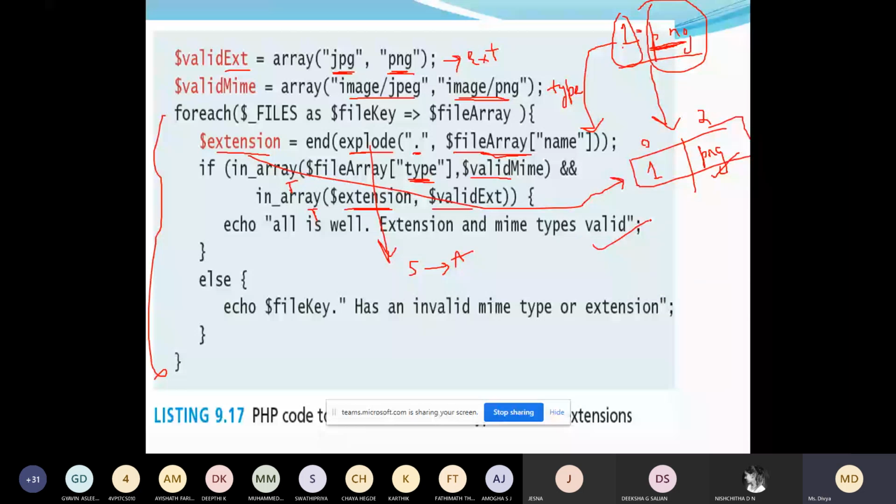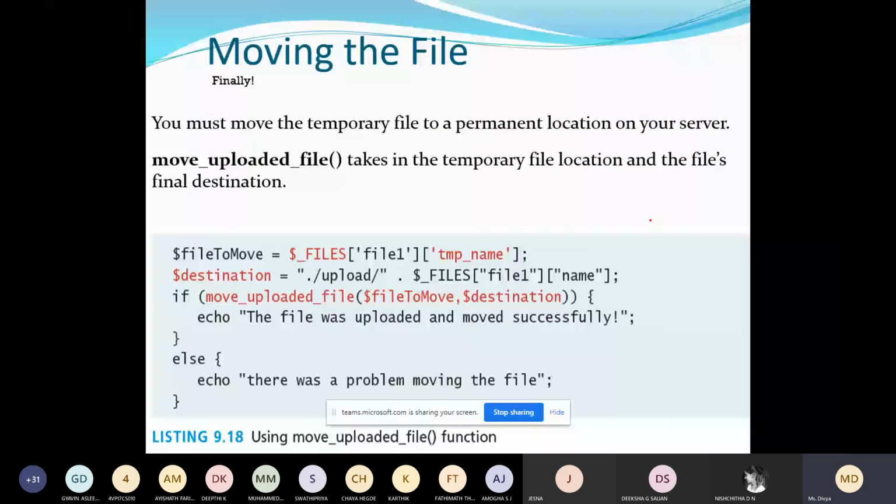The last step is moving the file. Here we are moving the temporary file to its permanent location. How to move? Very simple, we are using a built-in function.